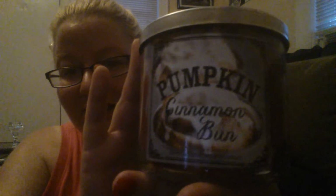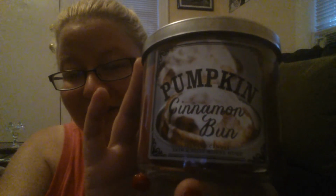The next one I was almost certain I was not going to buy, because this one just screams sticky sweet headache. But they should make a candle called that. They should make a candle called Sticky Sweet Headache. So I got pumpkin cinnamon bun. And that looks like a sticky sweet headache right there. But anyway,